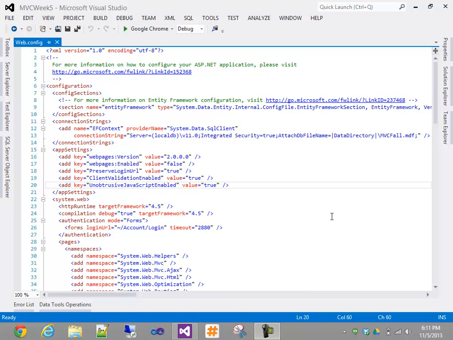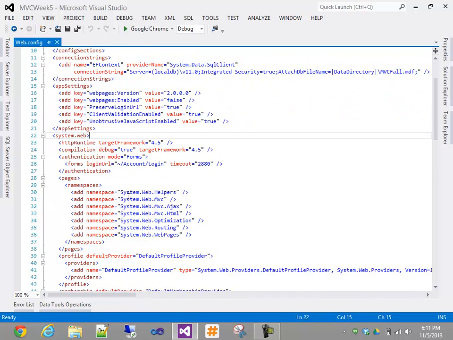So if you want to store like a debugger URL, you can make an add key debugger URL value some email address or some website address where you want to post debug information. Those are pretty standard for any app. Beyond that, you start to get into specific or custom elements, specifically under system.web. Anything that is under the system.web namespace can be managed or configured underneath this element. So you have things like the HTTP runtime target framework. We're running on .NET